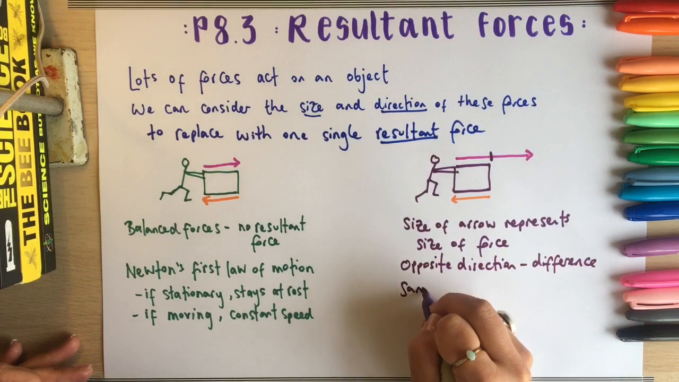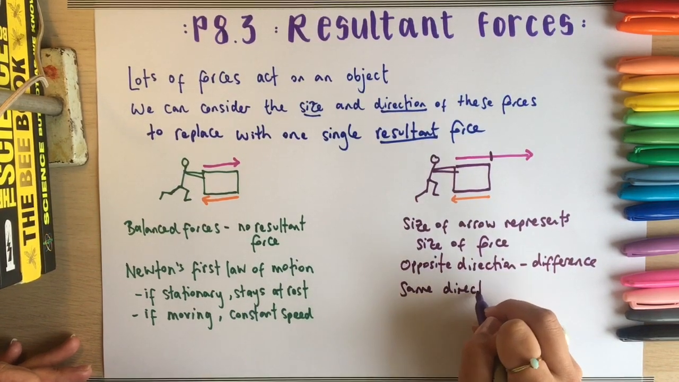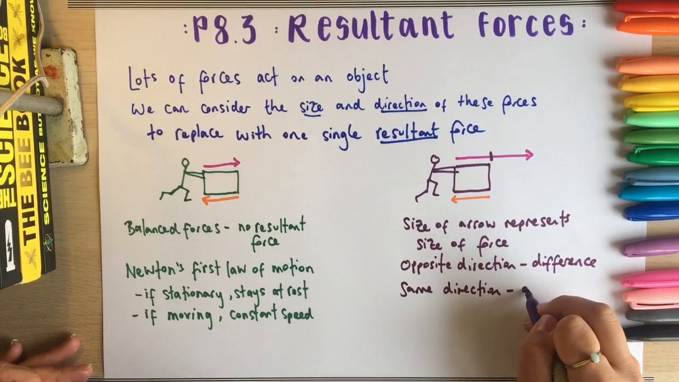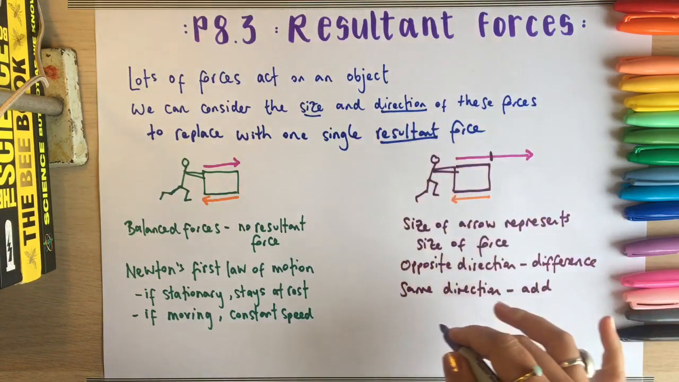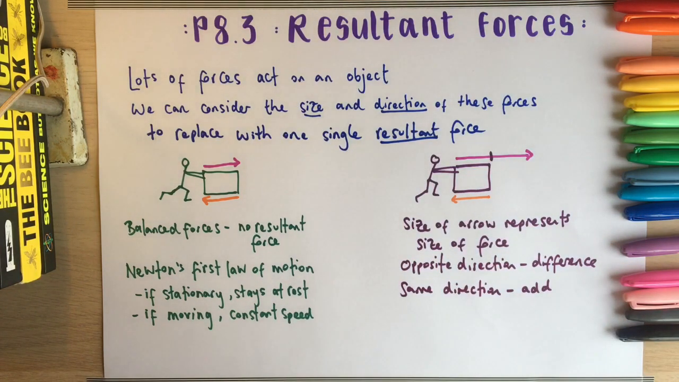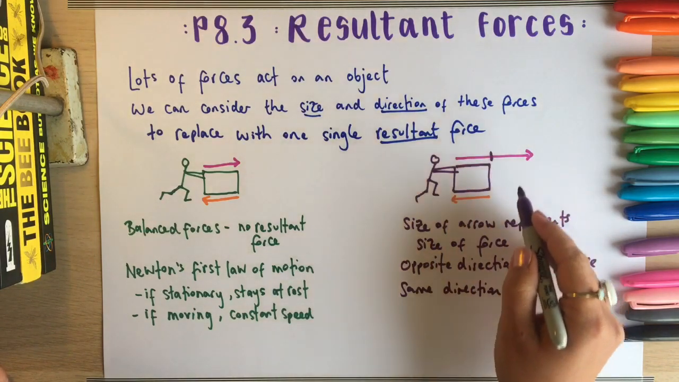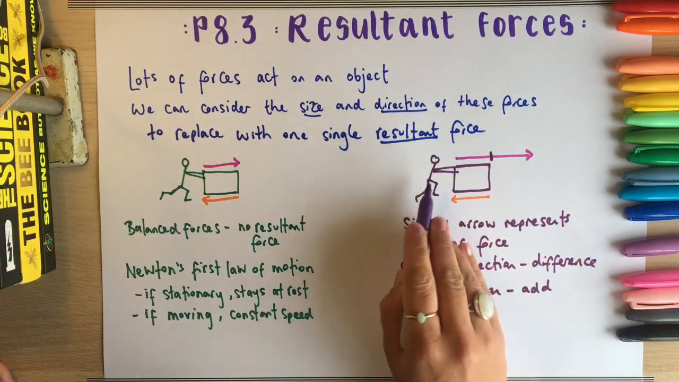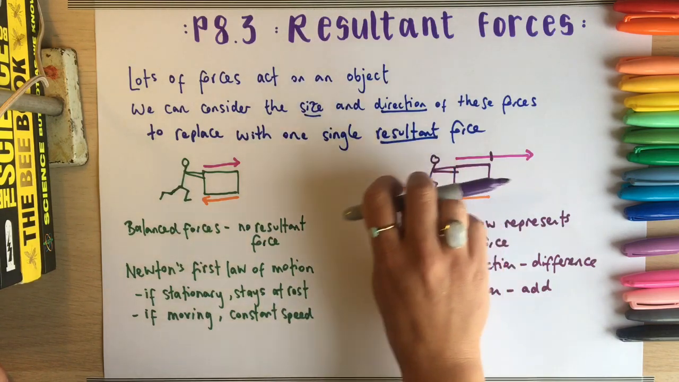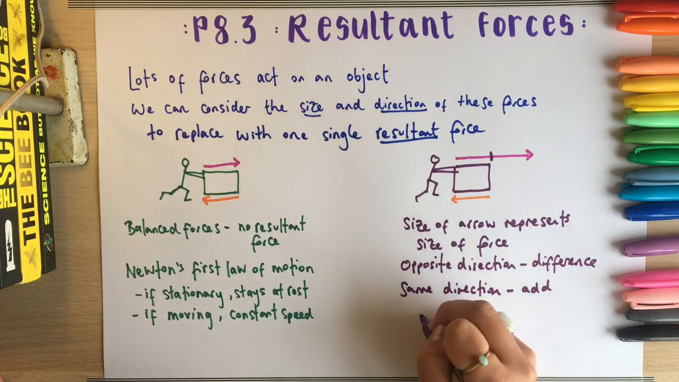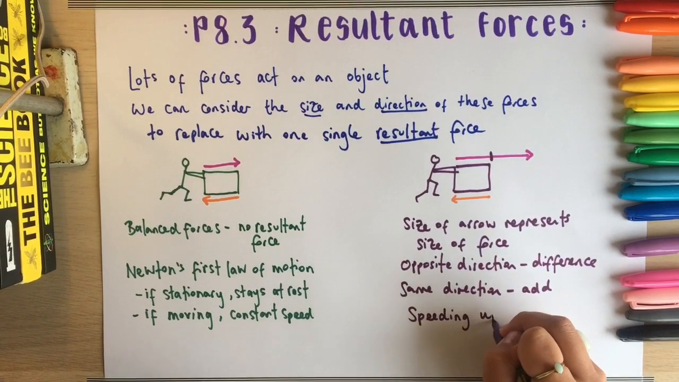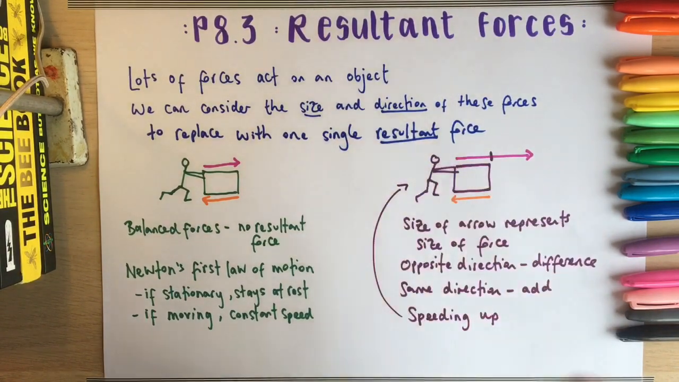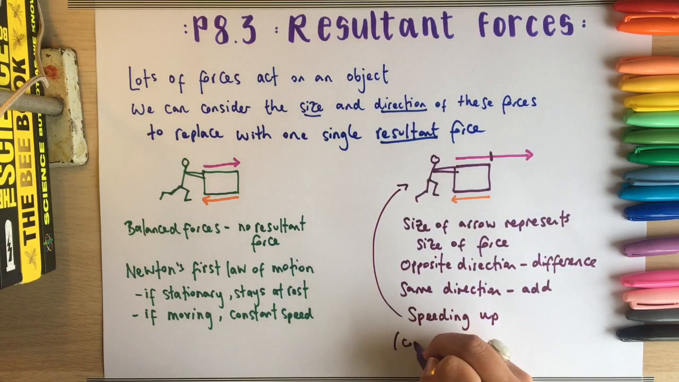If they're in the same direction, then we just add the values together. And we can think about what happens with the motion for this box as well. In this case, this box would be speeding up because they're pushing it in this direction and there's a resultant force in the direction they're pushing it. So that's this example. But it could be slowing down